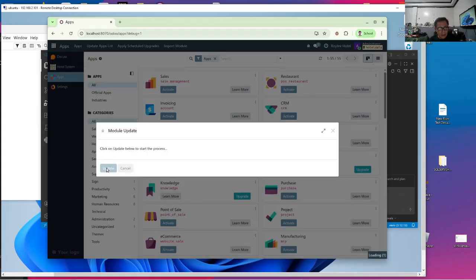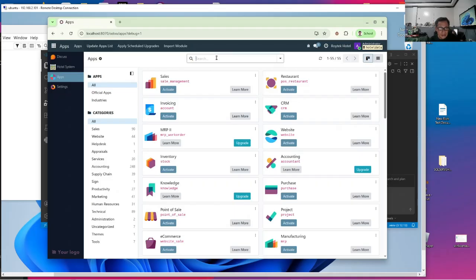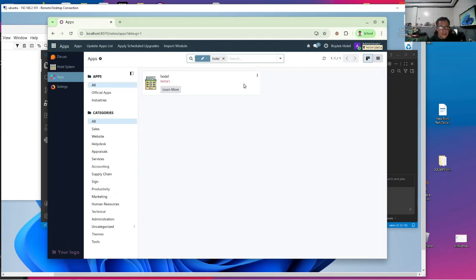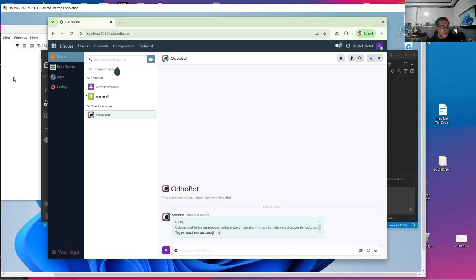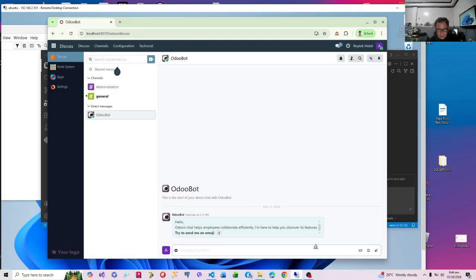By the way, there will be no addition on our interface yet on our web page, but there will be a new model that will be installed in our PostgreSQL database. I hope there's no error. We upgrade. Okay, there's none. And let's go to our Postgres.